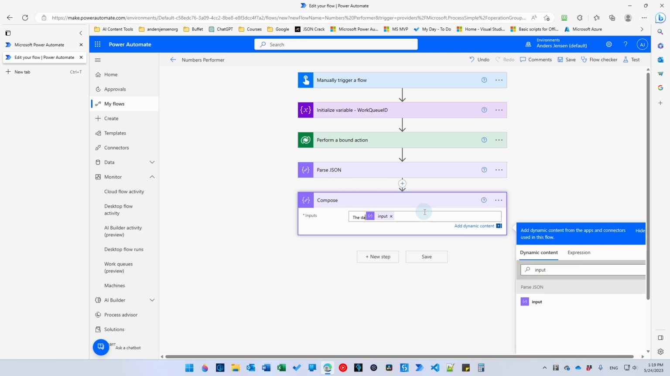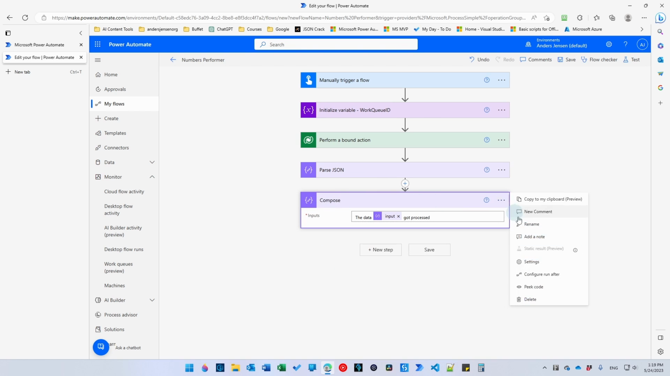Here I can say the data. And then we have the data got processed. So nothing too advanced. This is just to symbolize that our automation workflow does something. Here I can click the three dots again, say rename, and I will call this compose automation work. I always like to rename a lot of these so I can see what's going on, especially the variable actions